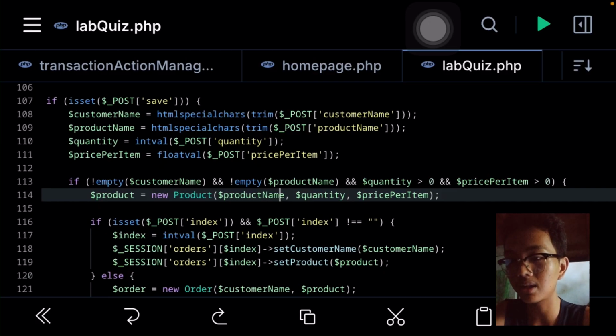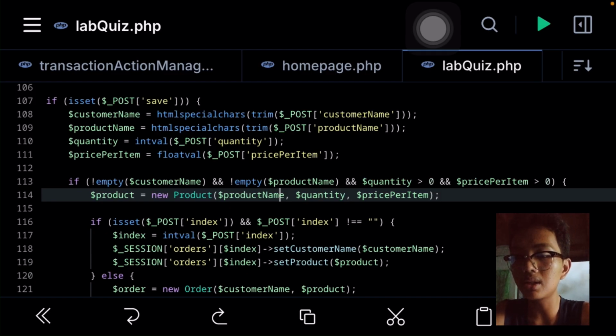First, we have here a create operation, which is done by clicking the save button. First, we will check if the save button is set using the isset method in PHP. Next, if that is true, we will get the customer name, product name, quantity, and price per item values and trim them and use the htmlspecialchars method to clean their values.